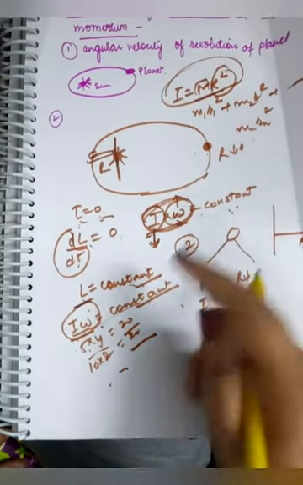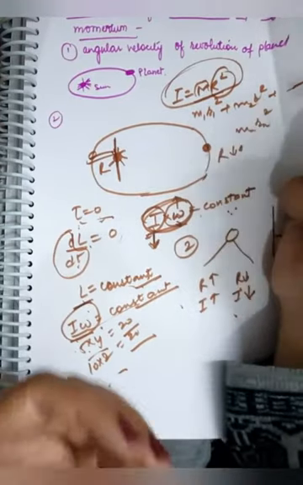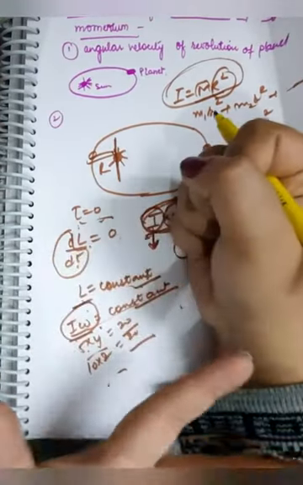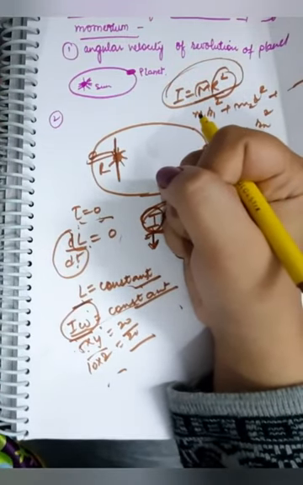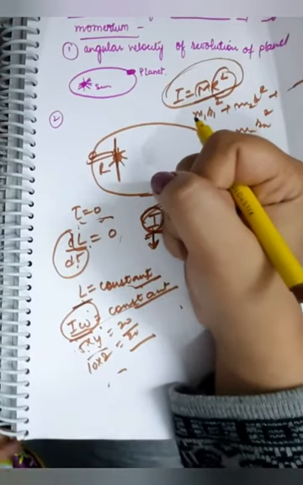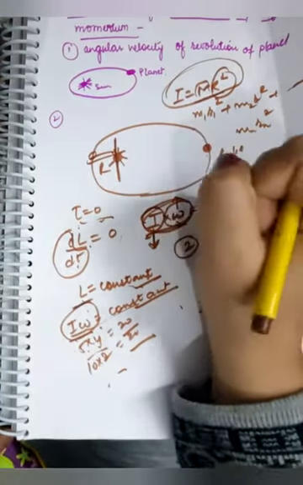That spinning person on the rotating platform, I think you must have seen that rotating platform. If a person is carrying 2 dumbbells, when he stretches his arms with the 2 dumbbells, then the rotating platform starts rotating slowly. When he brings them closer, the rotating platform automatically starts rotating rapidly. So this is also the application of the principle of conservation of angular momentum.